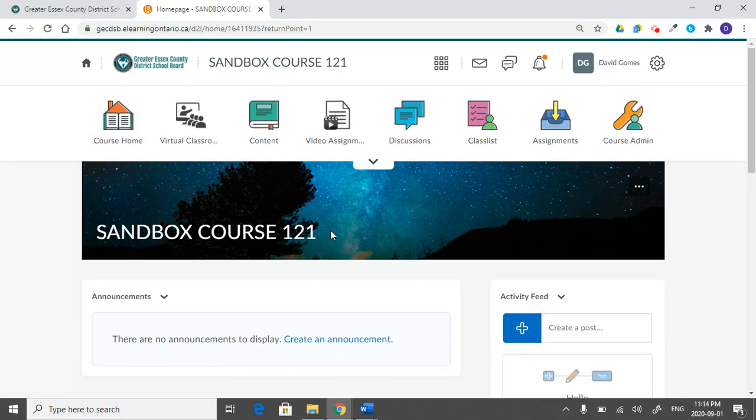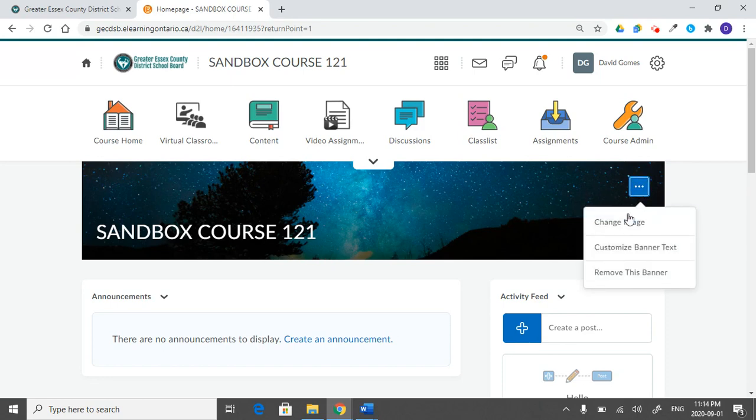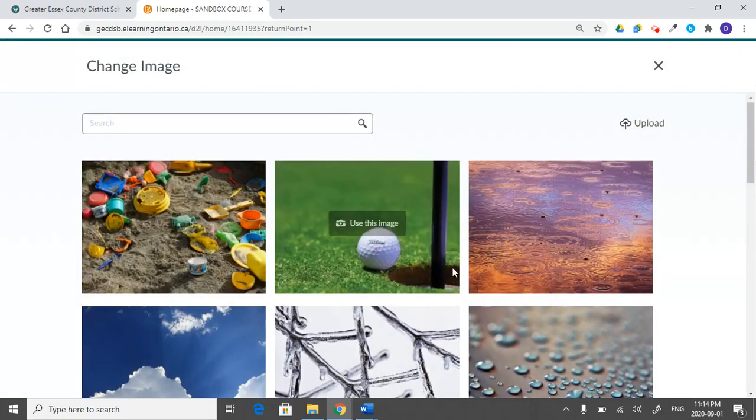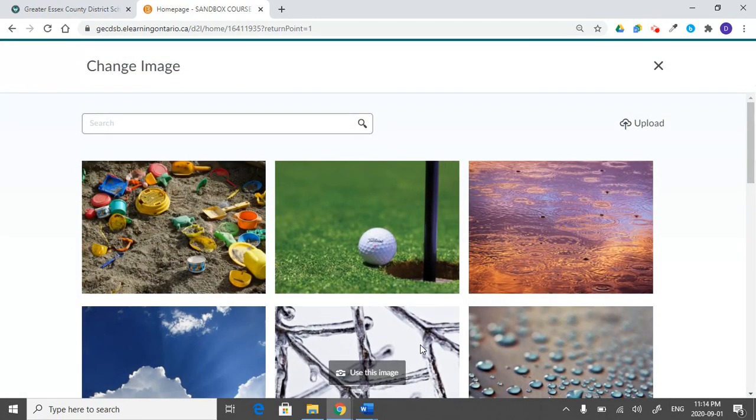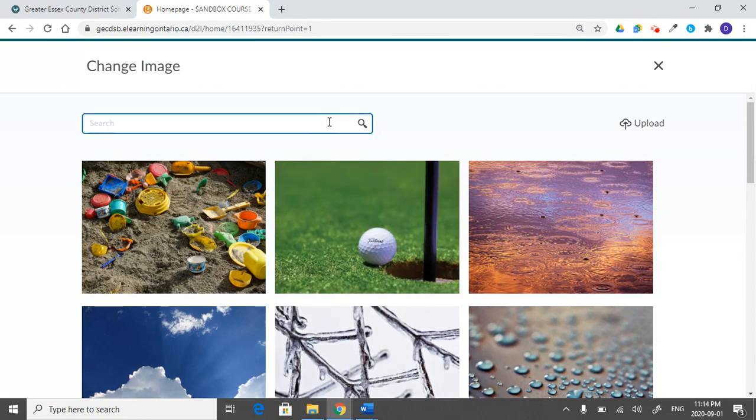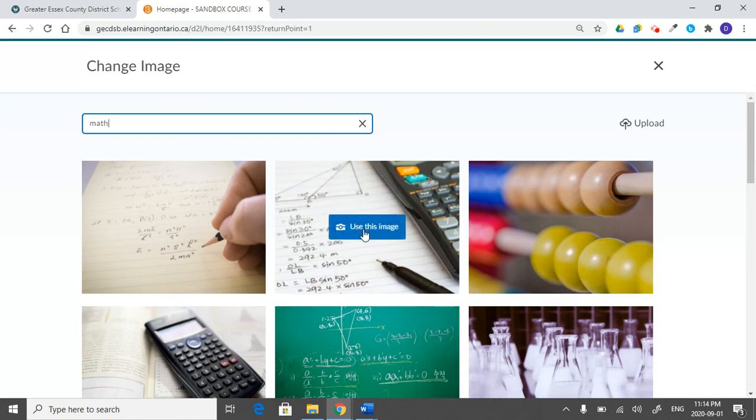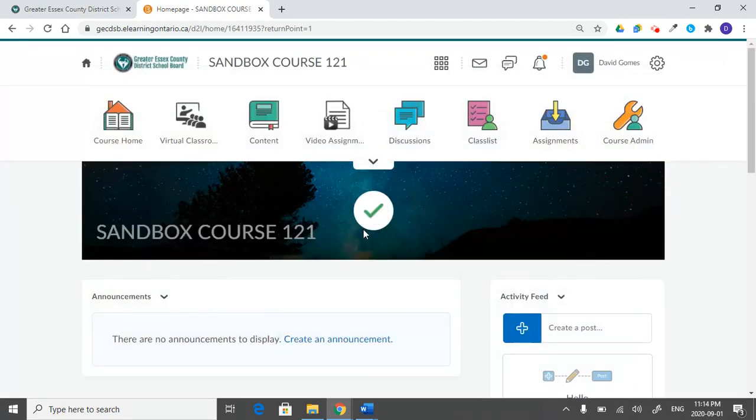The next part is the banner. So you can change the banner image by hovering over the banner, selecting the 3 dots, and then either changing image, removing the banner, or customizing the text. To change the image, select Change Image. You can find a number of pictures that load up right now, or you can search different topics. So if I want this to be math, I select math, hover over that, use this image, and it'll update